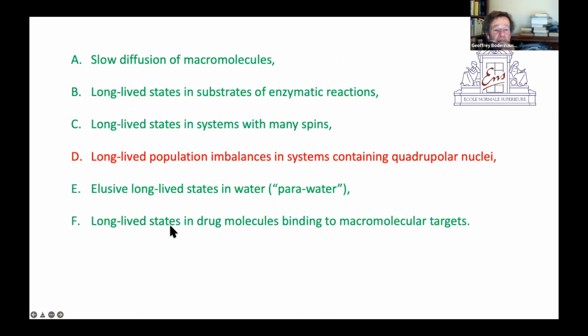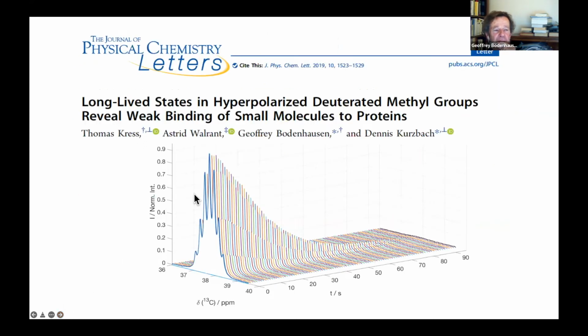Then I would like to move to systems containing quadrupolar nuclei. So that's rather counterintuitive because quadrupolar nuclei tend to relax very quickly, and therefore you would not expect there to be any long-lived states. But Thomas Kress and Dennis Kurzbach with Astrid Walrand have shown that it can be done in a peculiar way. So what you see here is a multiplet, in fact there are 7 lines in it, of a methyl group that contains a carbon-13 in natural abundance, but that was completely deuterated. And this was also